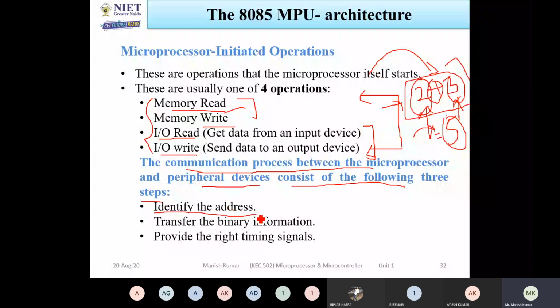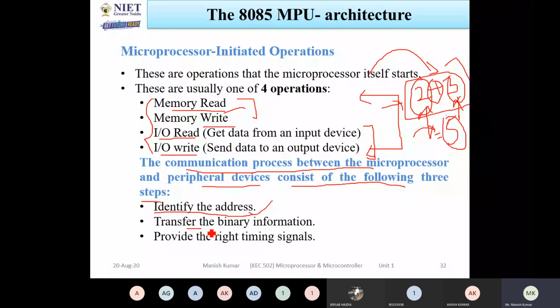First, if you are adding the device, then first you will find the address of that particular location. Let us consider a printer is there. If you are adding it with the help of USB, you are sending the data with the USB, and that is called the address for the printer. Then you will be able to set up the printer in the system. When you set up the printer in the system, it means that you are identifying the address of the output device. So the first thing is to identify the address.